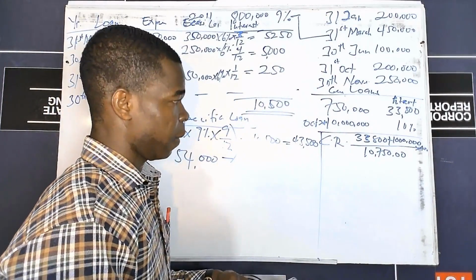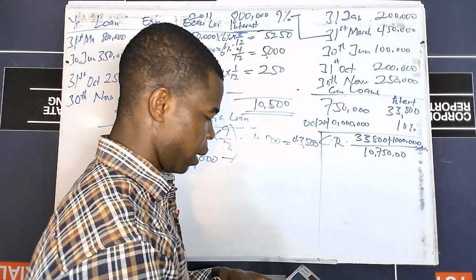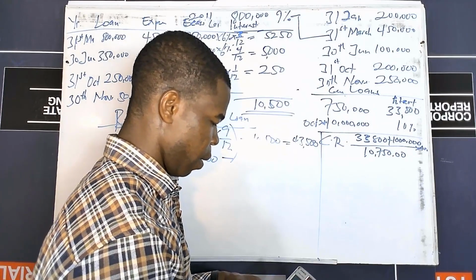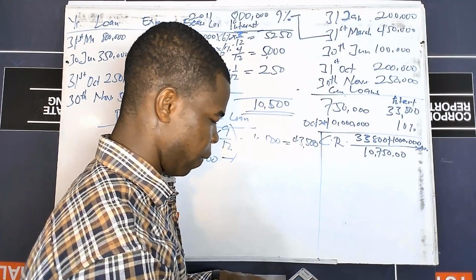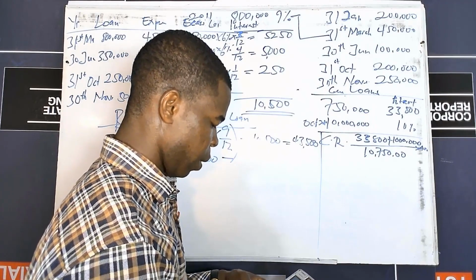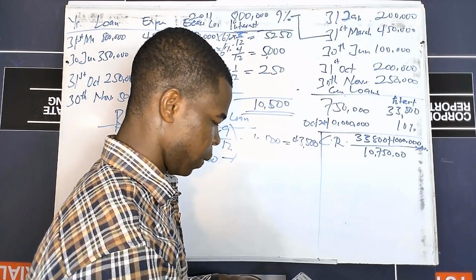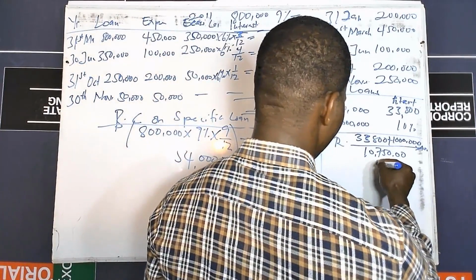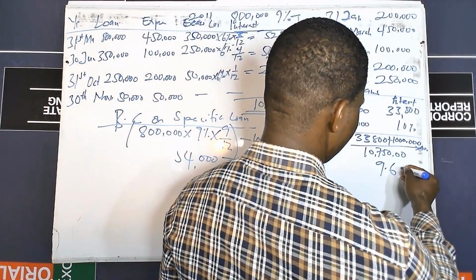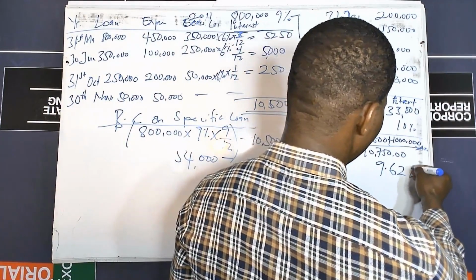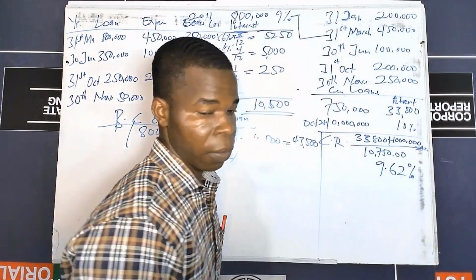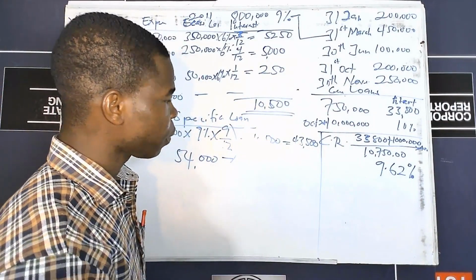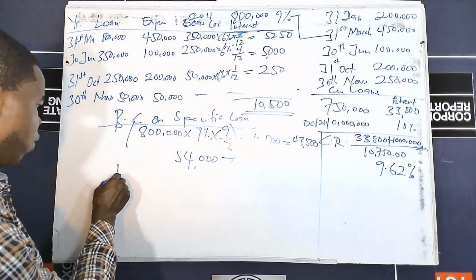So here we are having 33,800 plus 1 million, all divided by 10.750 million, all multiplied by 100. So if you do it correctly, you are going to get 9.6%. So 9.62%. So we are leaving it at 2 decimal places because it's 9.616%. So now here, let's determine our borrowing cost